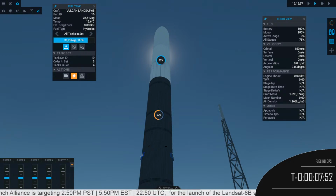With just under T-minus 8 minutes left in the countdown, fuel loading on the second stage is nearing completion. Taking a look at the events that are coming up in the countdown timeline, we have the second stage fuel loading should be completed around T-minus 4 minutes. At T-minus 3 minutes and 50 seconds, the launch director will poll the teams for a go or no-go for